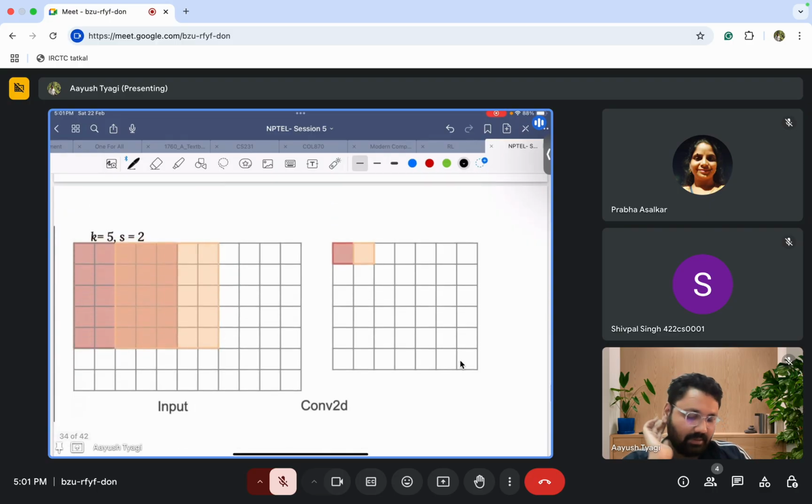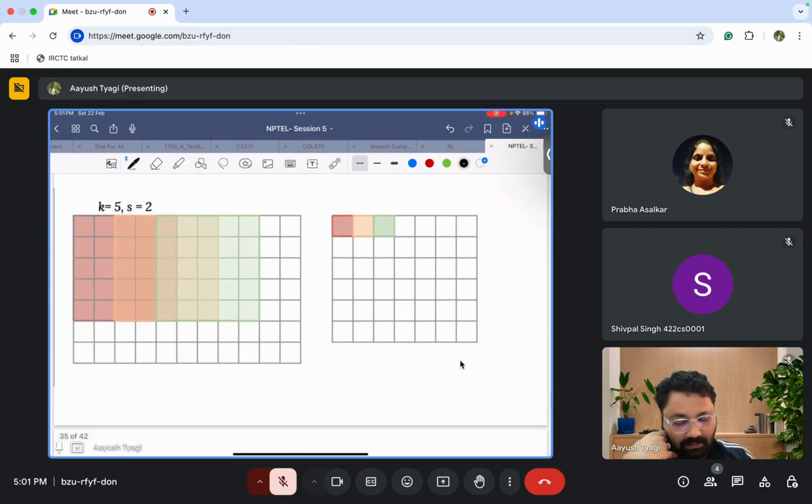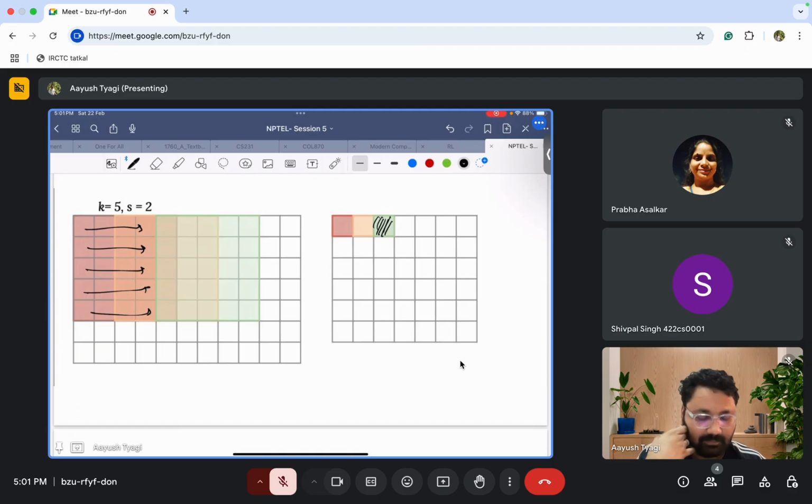So when you slide by 2, you move this by 2, and the output is presented here. Similarly, if you slide by 2 again, so overall 4, the output value is represented here,